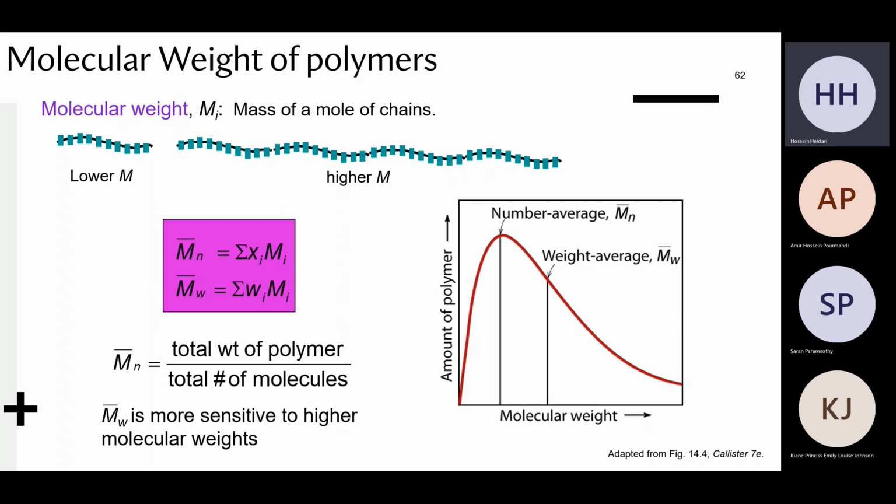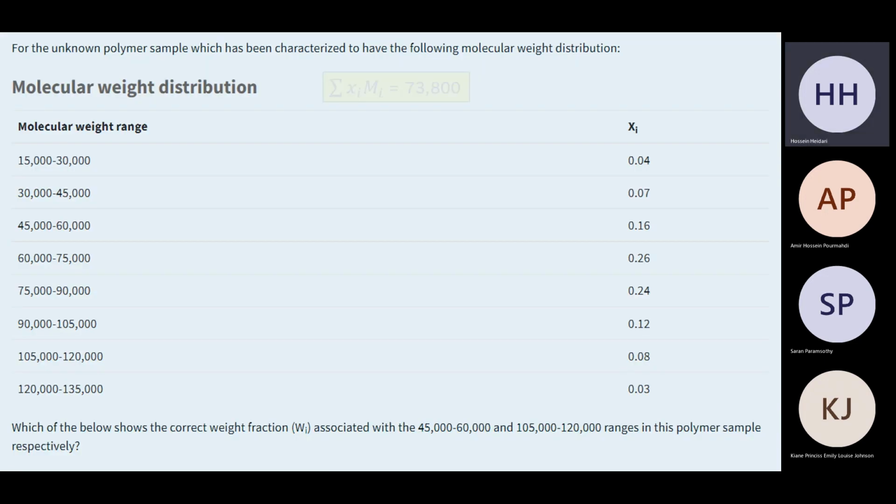If you're just worried about how many molecules you are going to get, you care about how many moles of the small one you have, how many moles of the larger one. You don't care about the physical presence. That's why it's at the molecular level, when you zoom in, that you notice that the researchers doing experiments mean something slightly different by each of these. So it's not just a statistical thing, it has some physical meaning to it, and you'll get more of this as you move forward. But the next part wants the flip side of this. It's asking, what is the weight fraction for each of these categories?